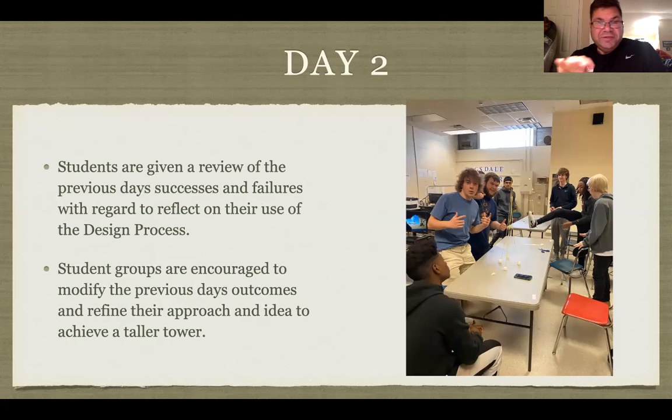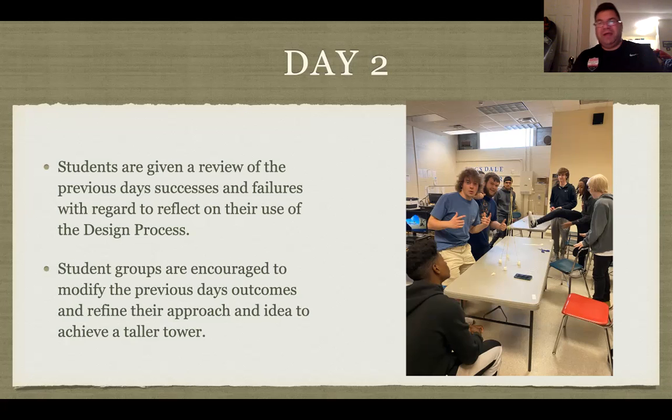And they're two very different ideas, even from day one, right? On day one, both built a tower that freestood, and on day two, they changed their approach. The one in the back is more of a traditional tower design, and the one in the front is all gravity-based. The marshmallow weighs down the sides, and the sides push out against the marshmallows on the bottom, and it makes it freestand. It's a freestanding tower, which was kind of cool seeing the students do something of that